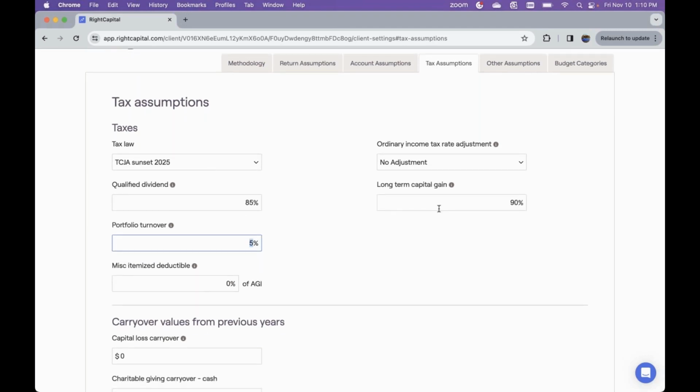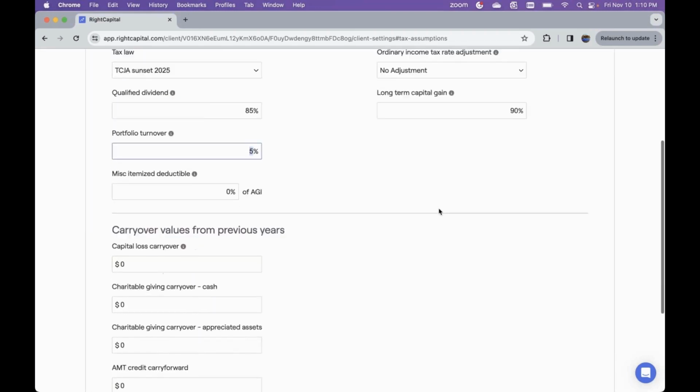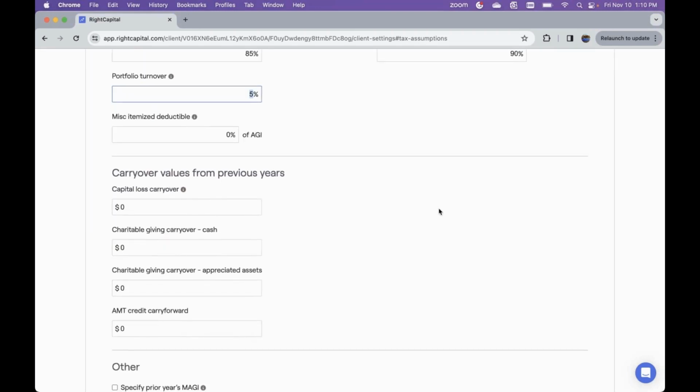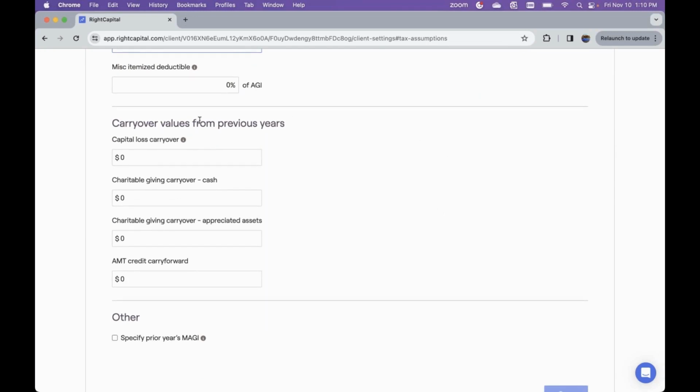Another key thing to consider is that you can enter any carryover values from previous years. So if we had a capital loss carryover that's applicable, or if we have any charitable giving carryover for cash or appreciated assets, you can enter it here to be considered in tax calculations moving forward. And the same thing with AMT, or alternative minimum tax credit carry forward. You can specify that information and that'll be utilized when we're projecting any sorts of deductions or anything like that